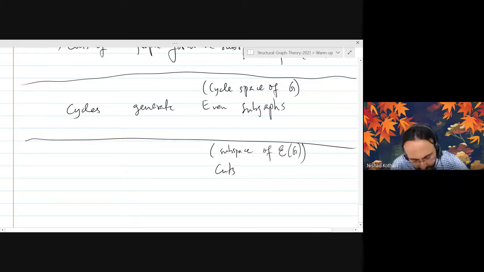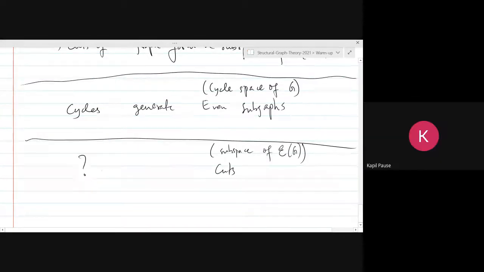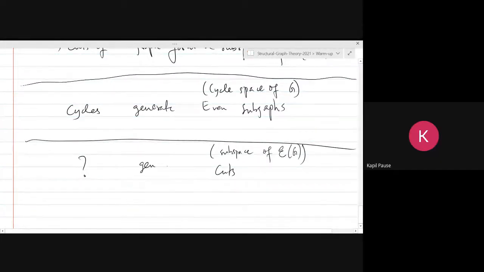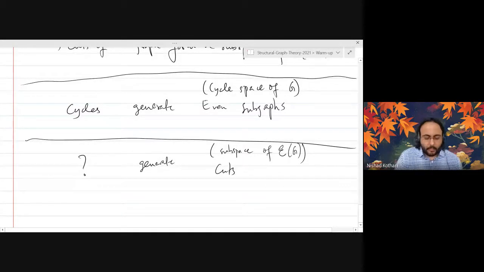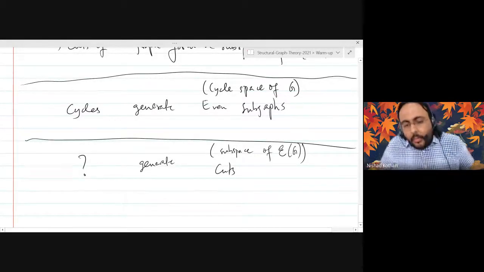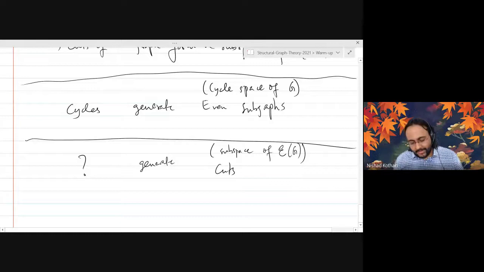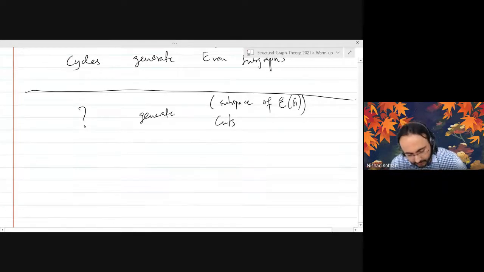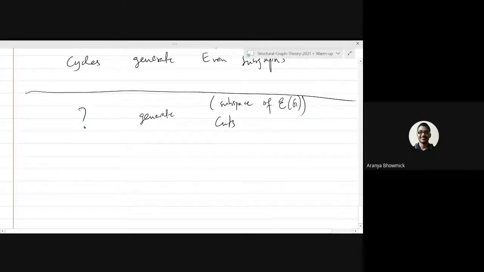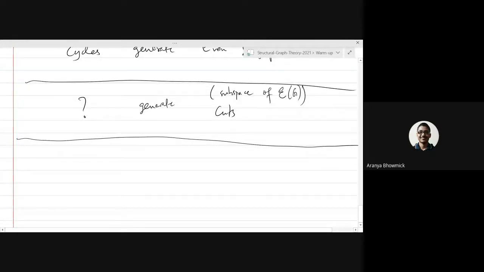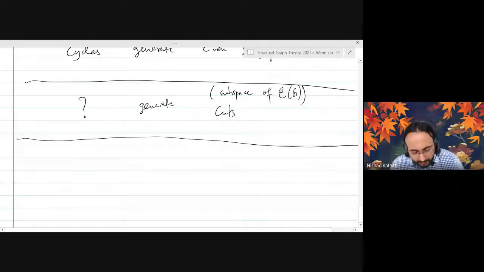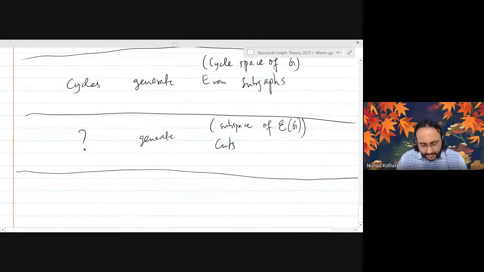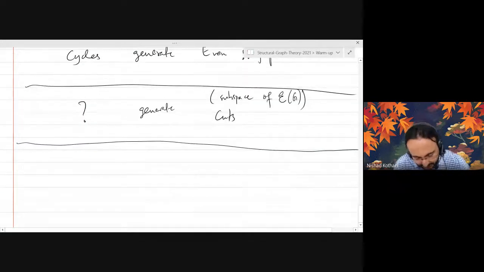So what is it that we should write here? Cuts between one vertex and the remaining graph. That is a good point. That is one answer to the question. So let's talk about this particular answer. It could also be non-empty minimal edge cuts. That's another way of looking at it. Okay, so we have two answers at least, right? And that is the point of this question. It has multiple answers.